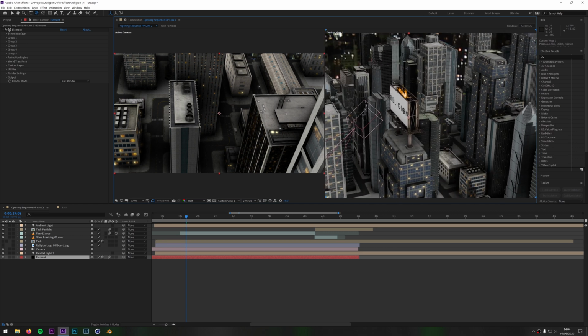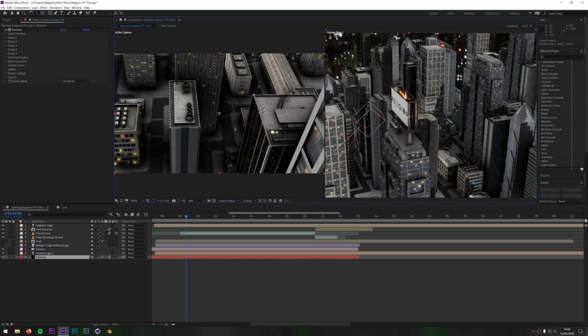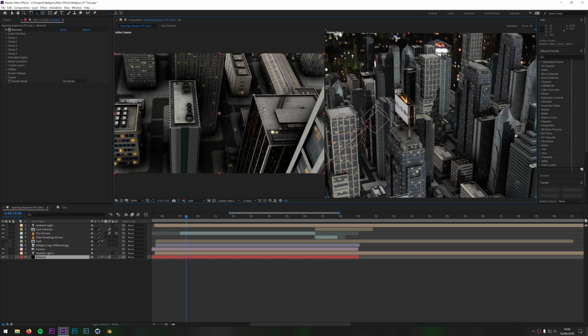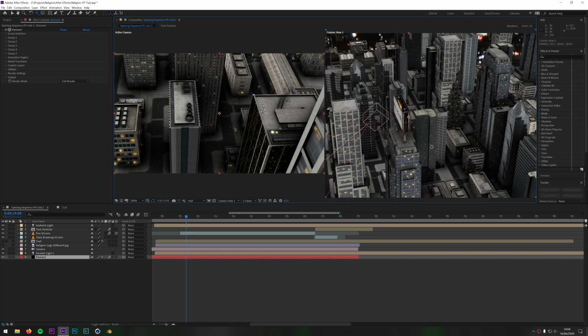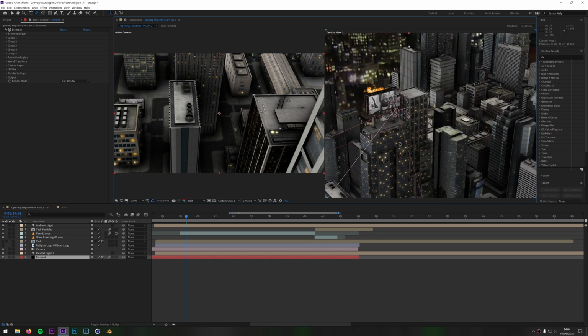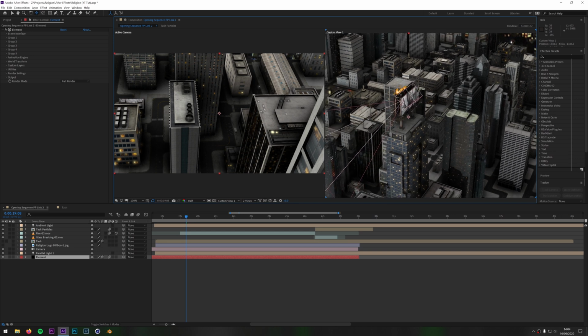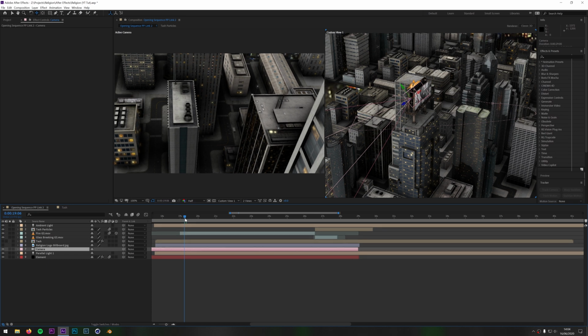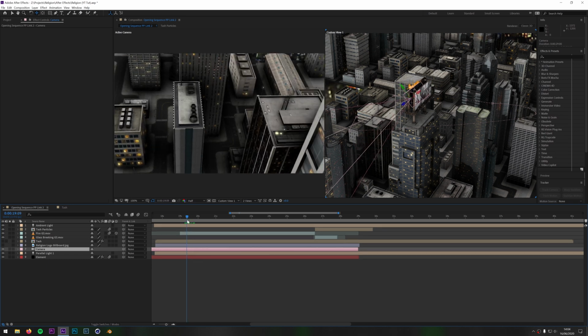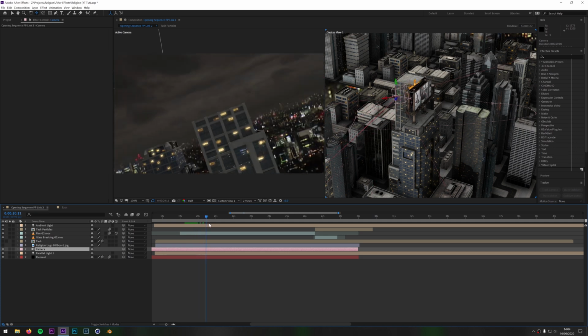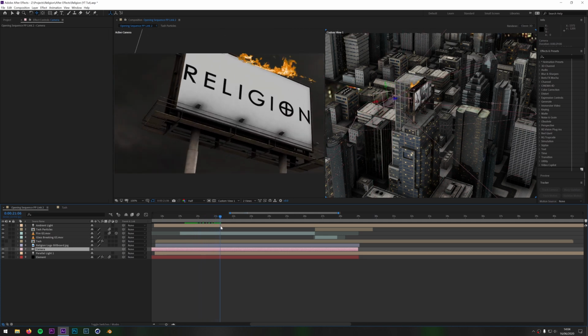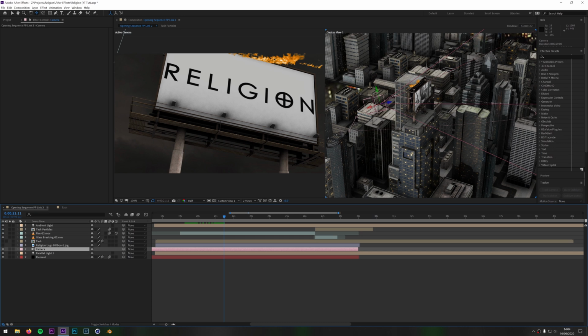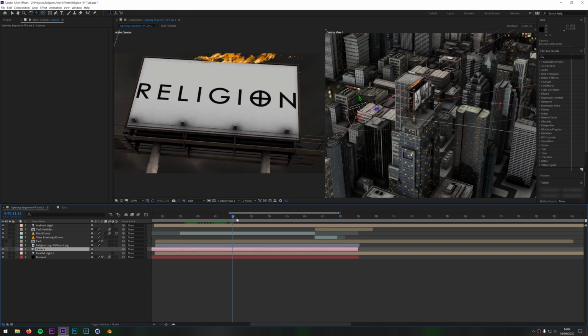Now, if you know how to use Element 3D, and I'm assuming you do if you're watching this video, then this is probably all you need to know, because from this you can sort of understand how it works. So if I just click the camera a second, you see this is the path of the camera, this line here, and as I scrub through the timeline, you see the camera starts by pointing down, it's moving along, it's looking up. So this is the way the camera's pointing at the moment, up towards the billboard. And as I come round,